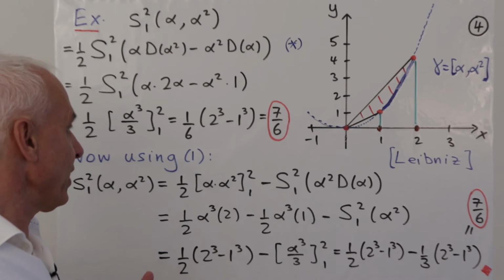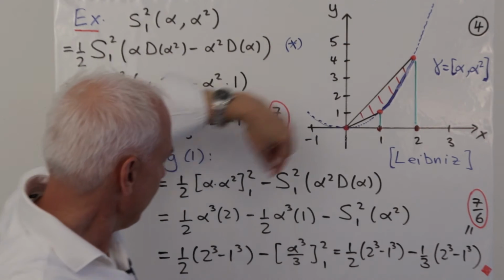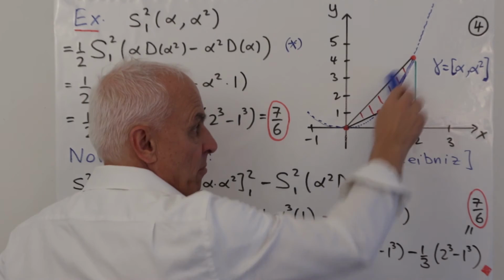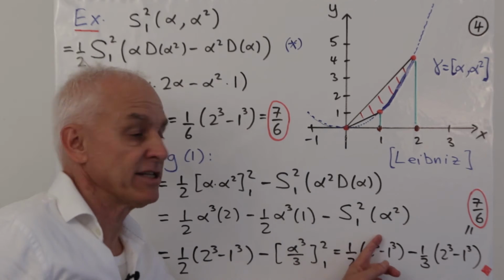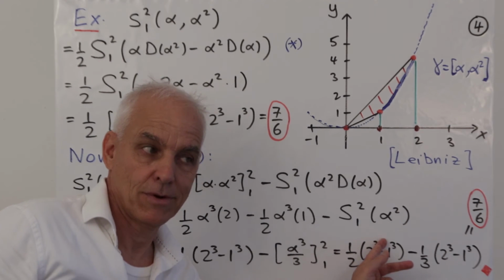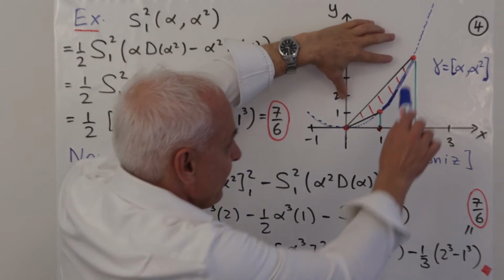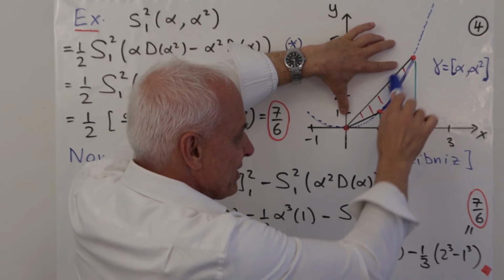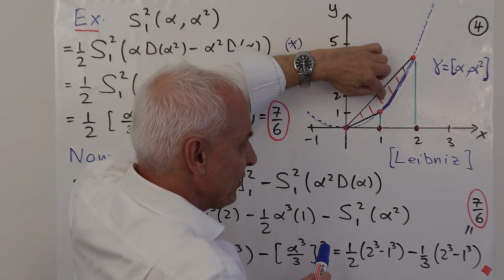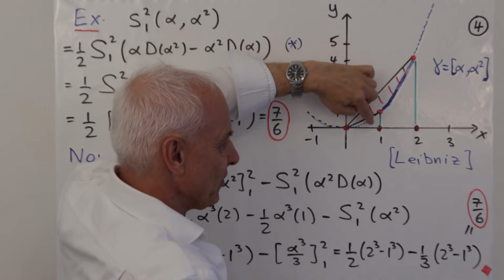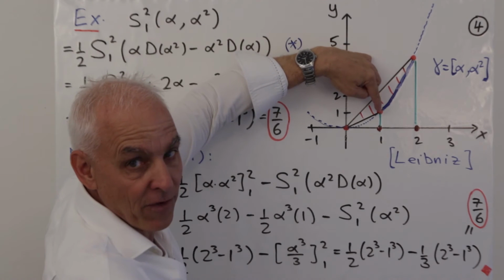So what are we saying? The signed area in red is equal to the signed area of the big triangle minus the signed area of this little triangle minus something else. Geometrically we can see what that something else has to be, because look at the big triangle and the signed area of the curve in red. There's the little triangle. If we take the big triangle, subtract the area of the curve and subtract the small triangle, what we're left over is the area under the curve,